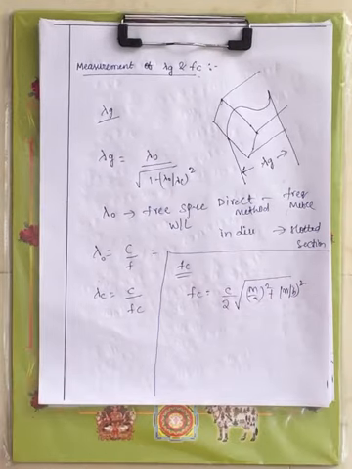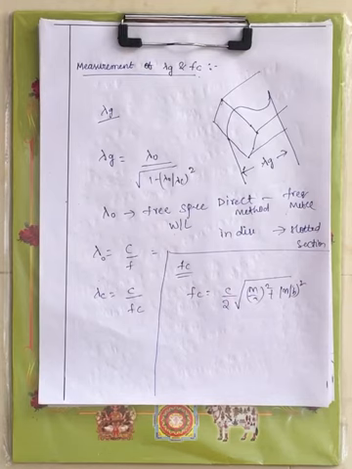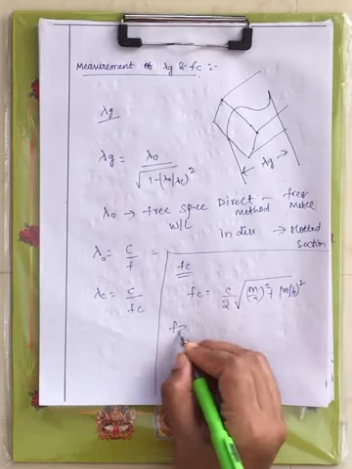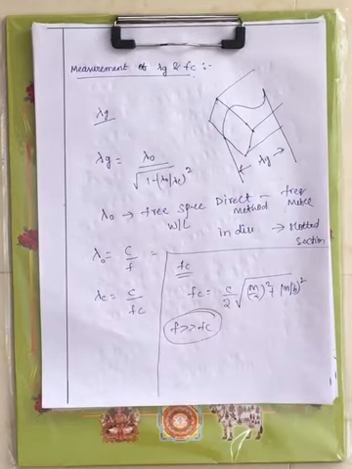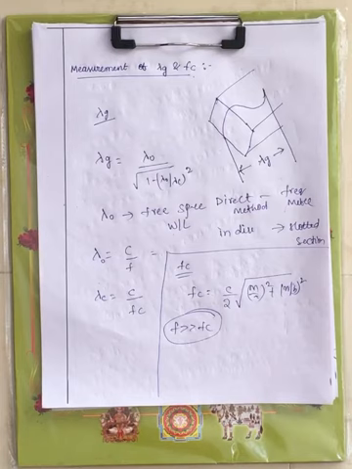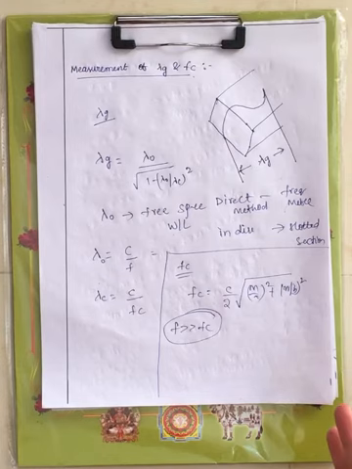square, right? Any waveguide, not only a rectangular waveguide, any single conductor transmission line will act as a high pass filter. That means it will allow only the frequencies which are greater than fc. Always the operating frequency of the signal should be greater than its cutoff frequency, then only it will allow the signal, otherwise it will block the signal there itself, right? Using this fc formula we can calculate the cutoff frequency. We have derived this expression under your rectangular waveguide. If you want, you can refer to it, right?